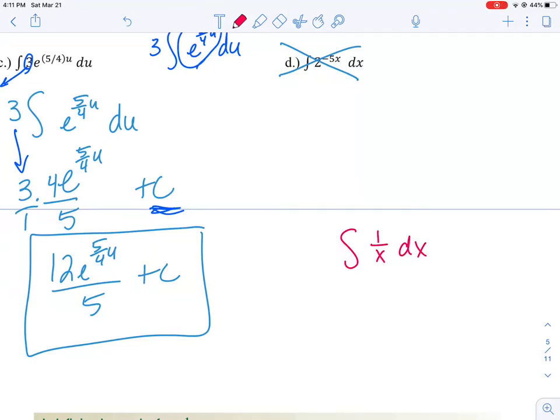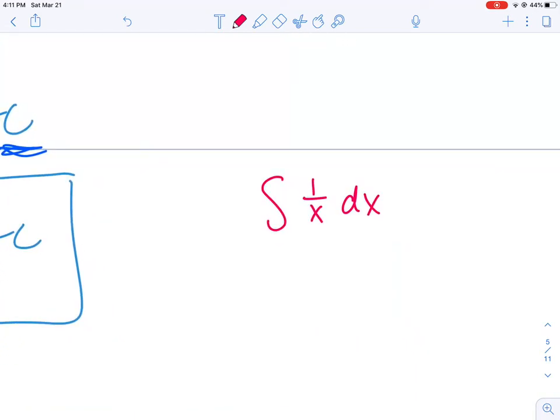Okay, here's part 4 of 15.1. We're going to try to finish off section 15.1 right now. We'll do example number 5 and 6. But before I do example number 5, I want you to look at this indefinite integral that I wrote here,